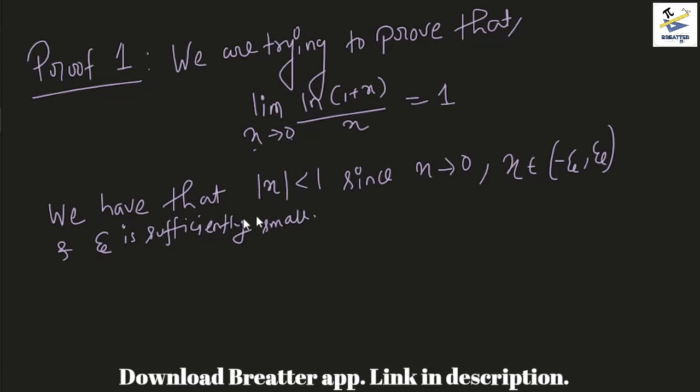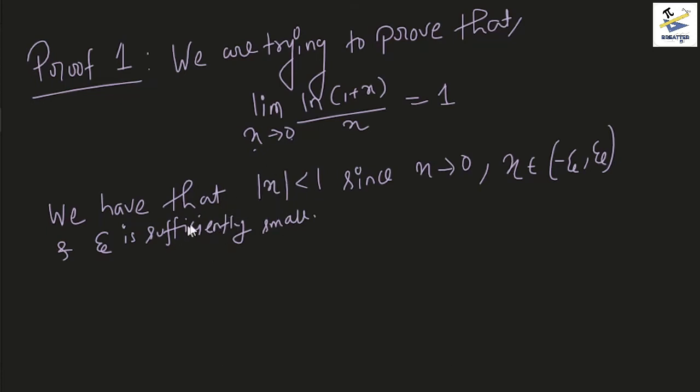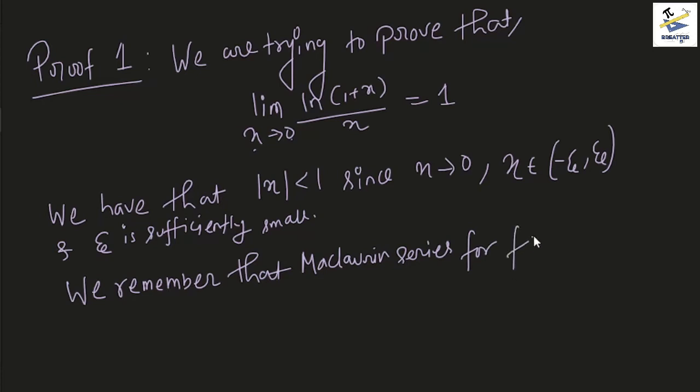Right? So with this expression in mind, what we are trying to do is find a series representation for the logarithm of 1 plus x, natural logarithm in fact. How do we do that? Let us try to use the theory we have used earlier, which is the Taylor series. But in this case we need to find it near 0, so we can use the Maclaurin series directly. We remember that the Maclaurin series